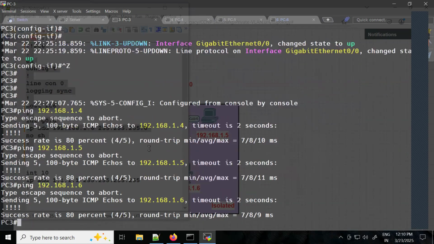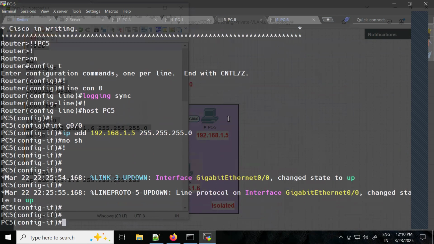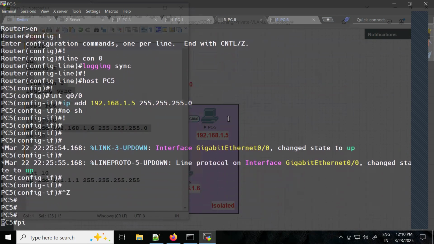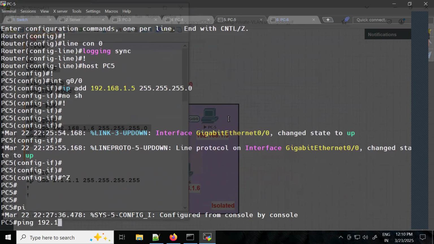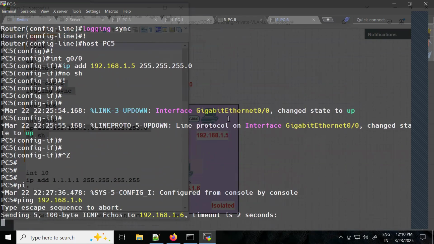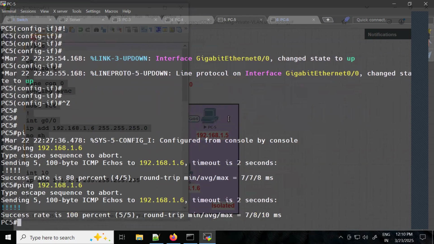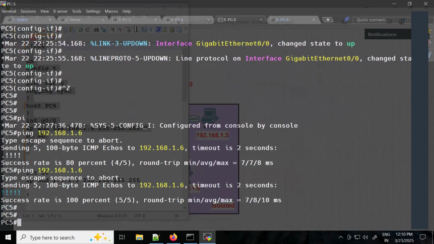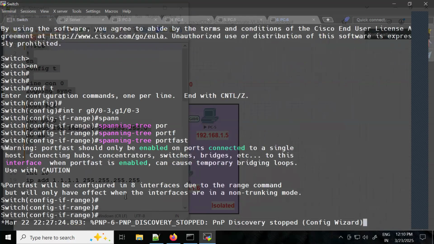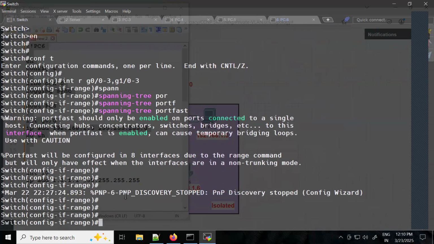But I want that PC3 and PC4 should communicate, but they should not communicate with 5 and 6. And also, 5 and 6 should not communicate with each other. Ping 192.168.1.6. So right now they are communicating, but I want that they should not communicate to each other. So to achieve all this, what we can do is I'll go to the